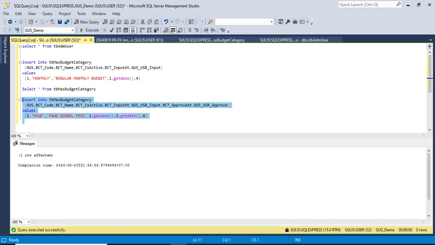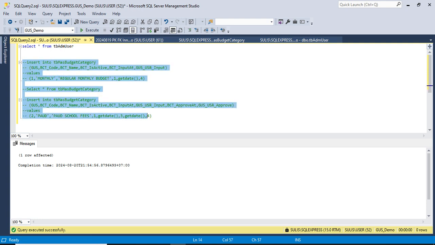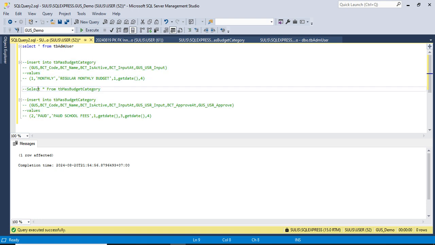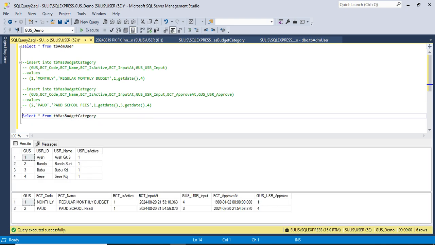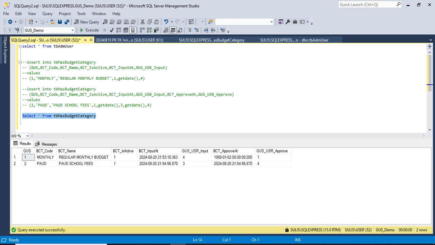Let's see the data. Execute. Okay, success. Now let's check the data. This is our budget category. Okay, guys. I hope you understand.